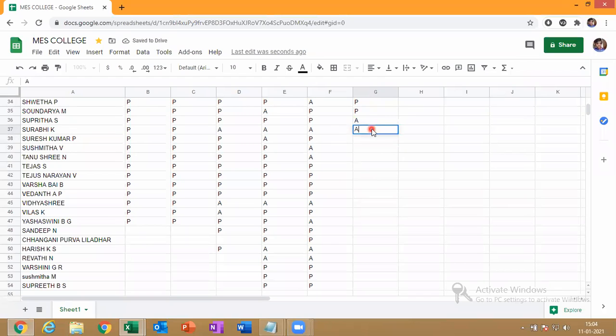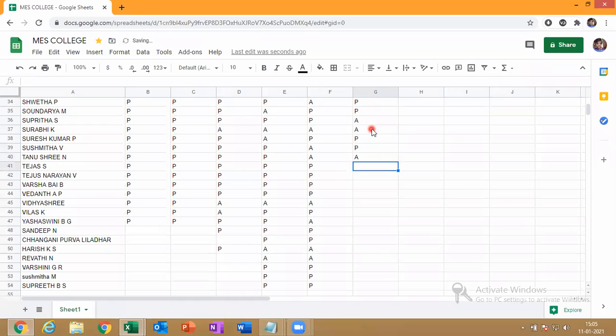Surabhi K absent. Dikshita, present, sir; she had a network issue. Tanushree N. Susmita V, present, sir.